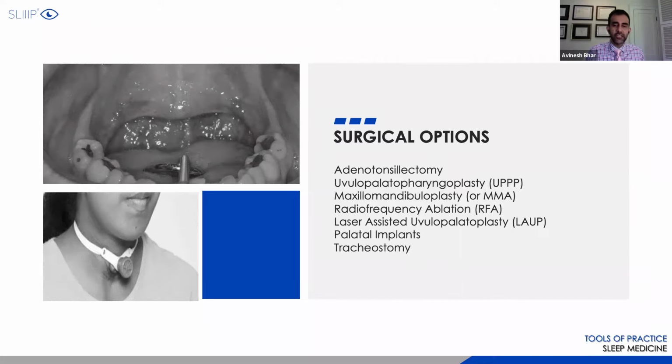The ones that are really good is the MMA, or the maxillomandibular advancement, where they actually surgically move your jaw forward. A lot of these patients have recessed jaws or smaller jaws, and so they actually reconstruct the jaw forward, so that pulls the tongue forward as well. And these patients are in a similar mold of patients who are suffering the cardiac effects, whether it's arrhythmias, whether it's heart failure, whether it's frequent events that lead them to the hospital, very severe patients. And the tracheostomy and the MMA should be considered in these patients.